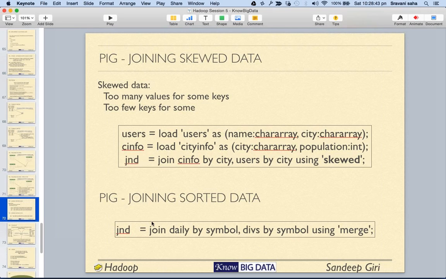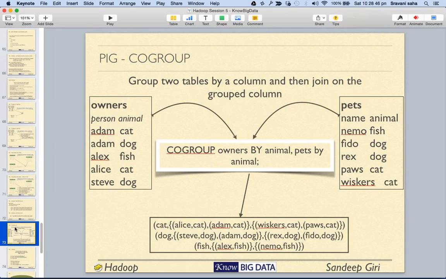All right, so let me go ahead. Mostly what people noticed was whenever people are joining tables in Pig, they are also grouping them on the same column. Most of the people are trying to join the two tables as well as group on the same column. If you try to join on the same column and then group, then you are basically sorting the sorted